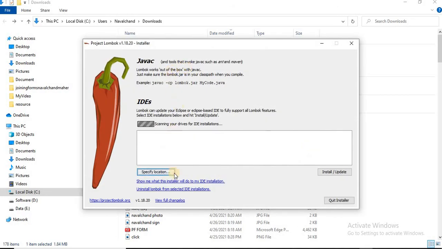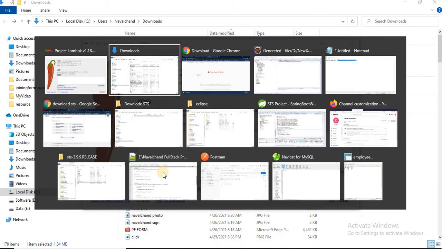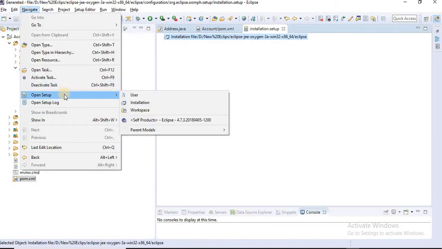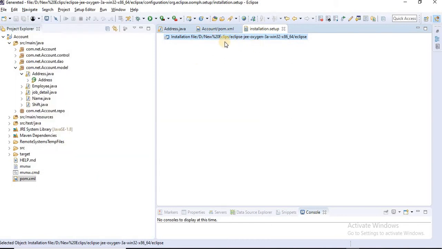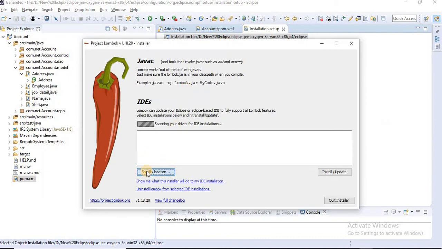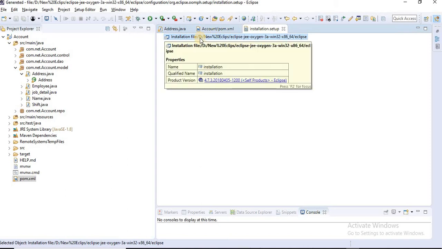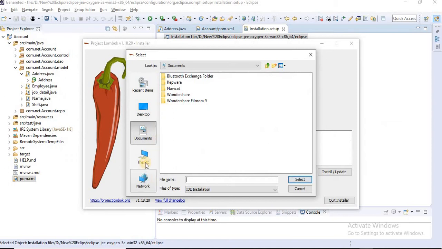Once I double click, it's asking me to specify the location. Where is our location? As we saw, using Navigate, Open Setup and Installation, we got our Eclipse location. So let's navigate to this location. Specify location. It shows me the installer. Okay, it's open. Let's check in the D drive, new Eclipse. First of all, I have to go to the D drive.